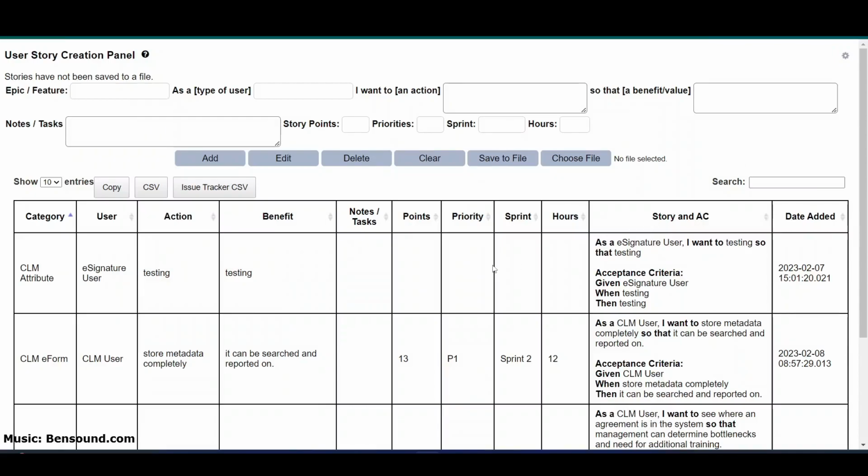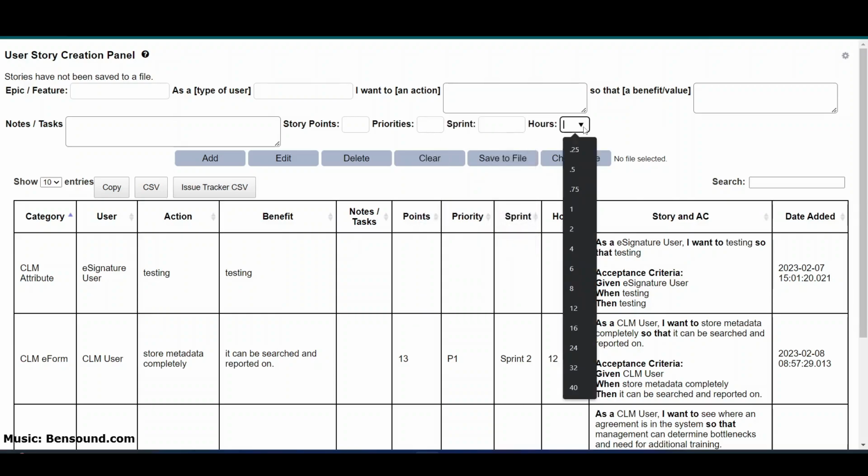In this video, I would like to cover some of the enhancements or improvements, if you will, to the user story generator, if you want to call it that. I've added in story points, which have some preset values based on the Fibonacci sequence. Priorities have also been added, sprints, and hours. Now these values are all customizable and completely overridable because this is in effect a HTML input